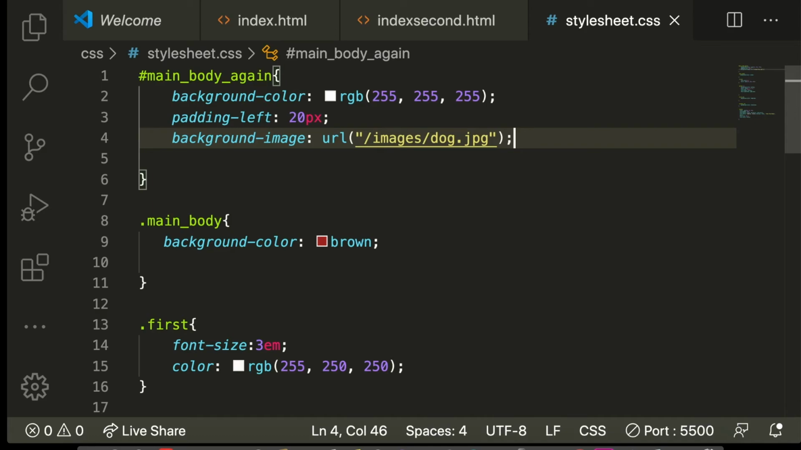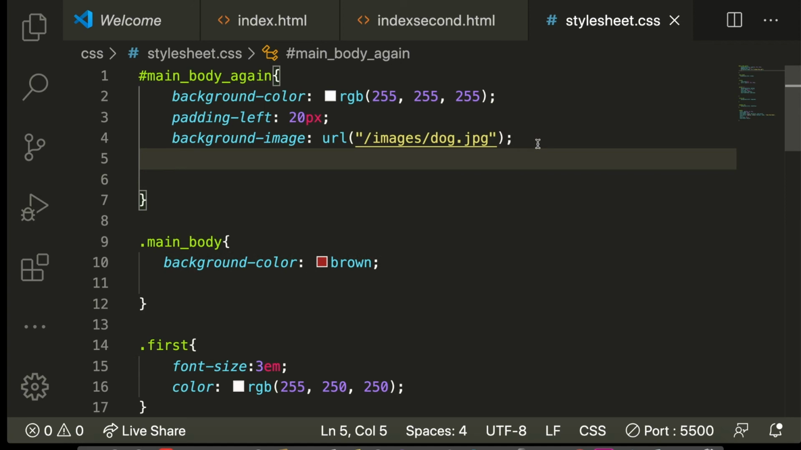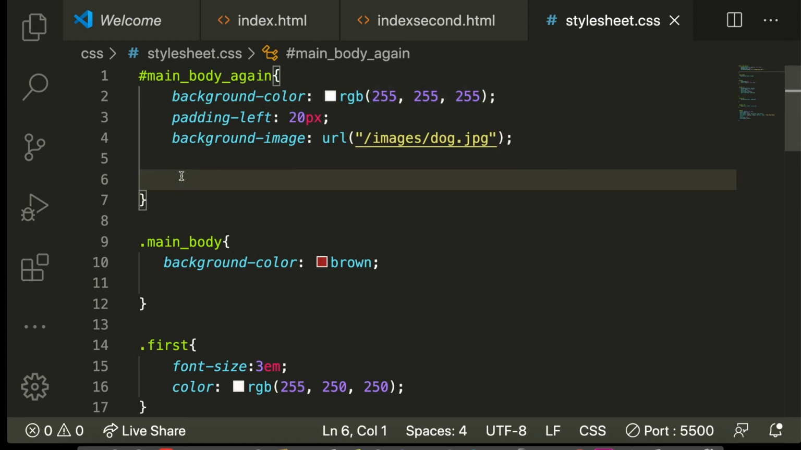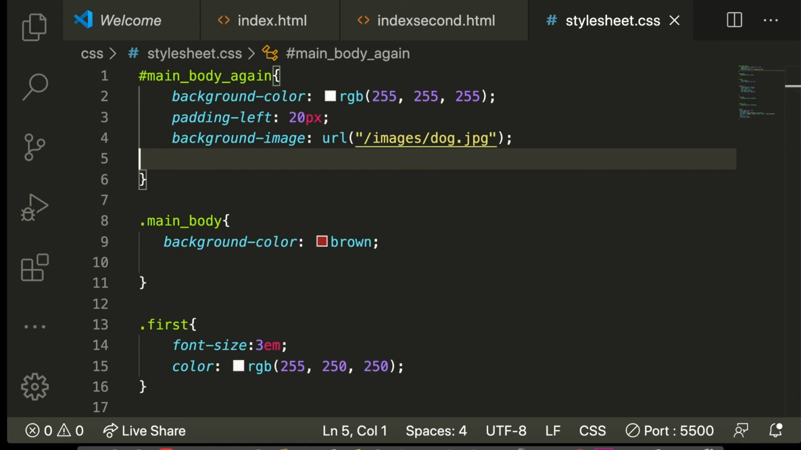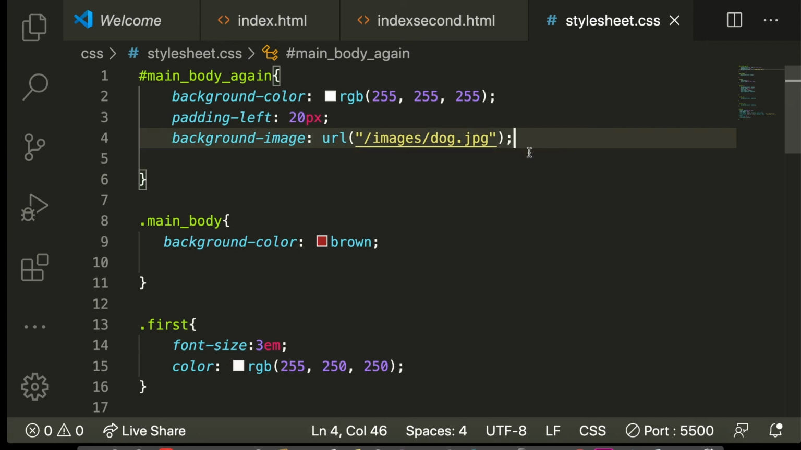So we can put a background color too. Okay, we already even have it. So it's there. So this is where this background image,